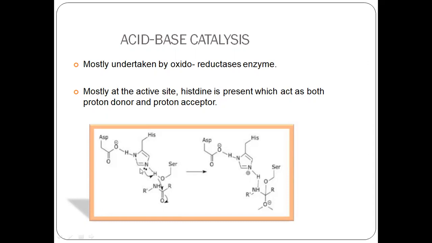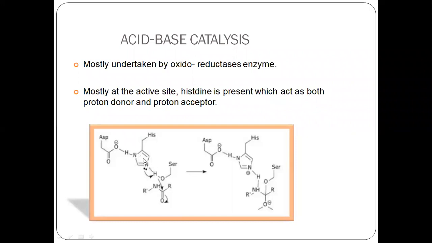So here we have three amino acid residues present at the active site of an enzyme. Here serine is involved. Serine, by using this oxygen, will bind to this substrate with a covalent bond. See the binding interactions of the enzymatic active site with this substrate. A covalent bond is formed.